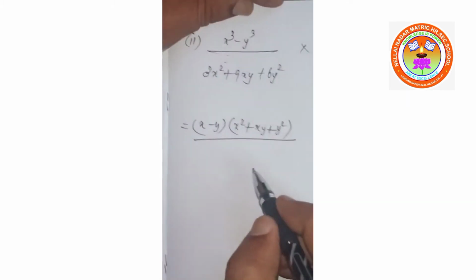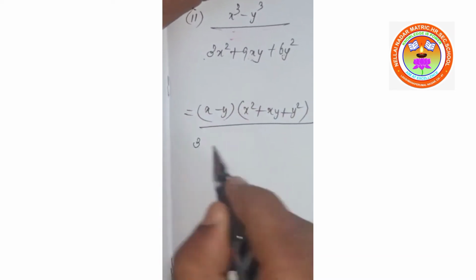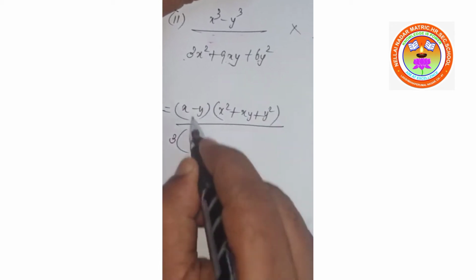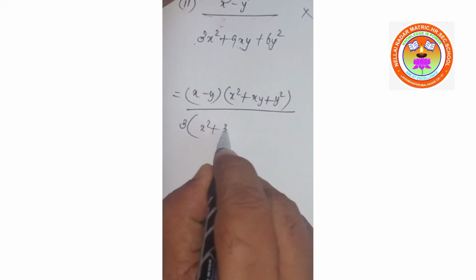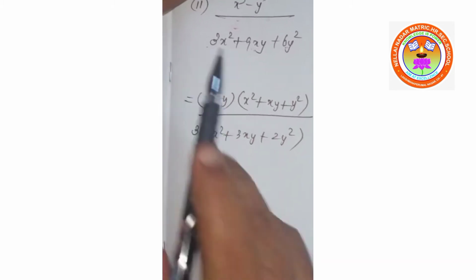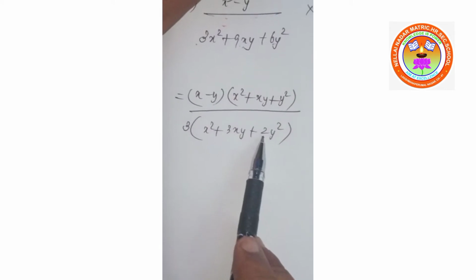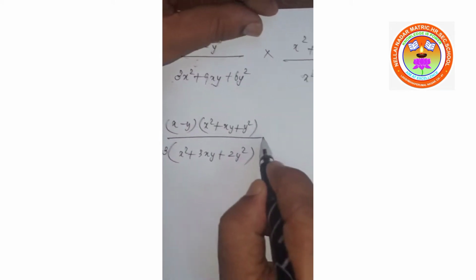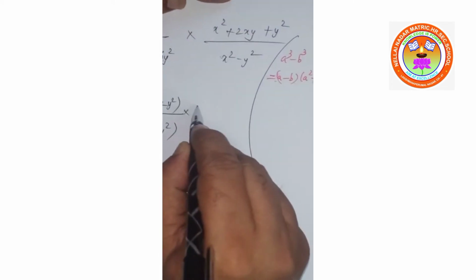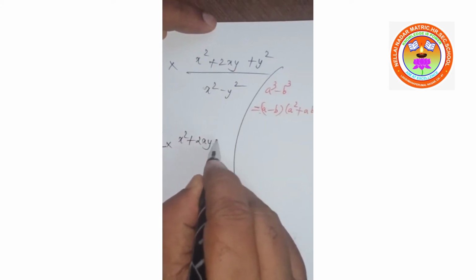By 3, 9, 6, all the 3 numbers are in the 3 times table, so take 3 as common. After taking 3 common, you will be getting x² + 3xy + 2y². 3 into x², 3x², 3 3s are 9 into xy, 9xy, 3 2s are 6 into y², 6y². Into x² + 2xy + y², the next step you can factorize,